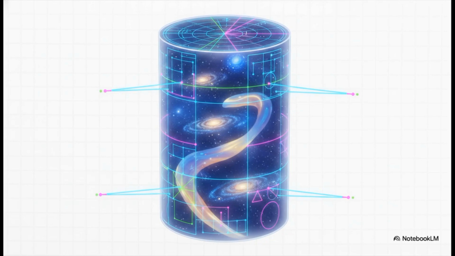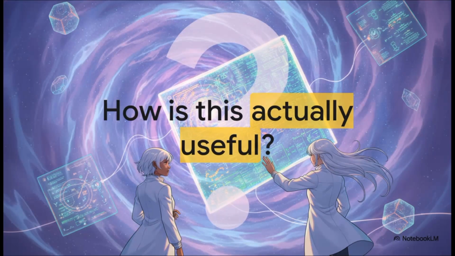It's wild. Just like a flat 2D hologram encodes all the 3D information of an object, the lower dimensional boundary perfectly maps to the higher dimensional interior. Every single particle, every interaction in the bulk has an exact mathematical counterpart on the boundary. So we have this wildly elegant, totally mind-bending mathematical translation between a higher dimensional gravity interior and a lower dimensional quantum boundary. But you're probably wondering, how is this actually useful for understanding our physical universe?